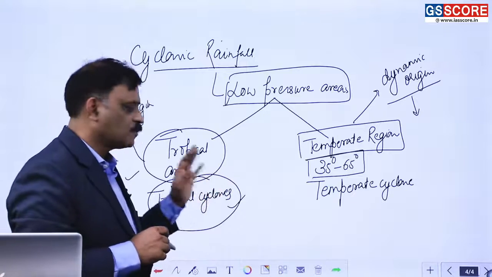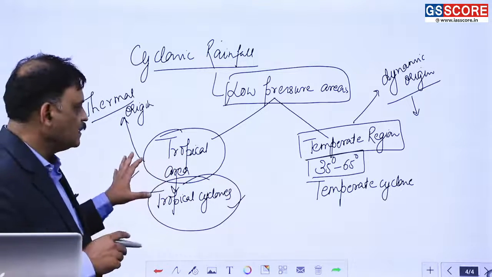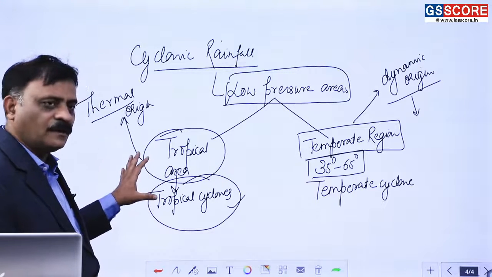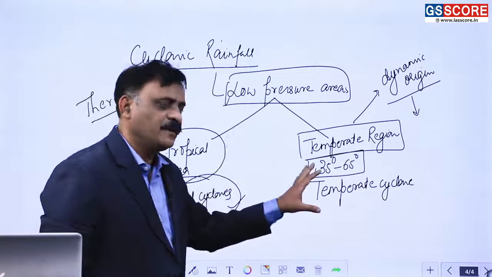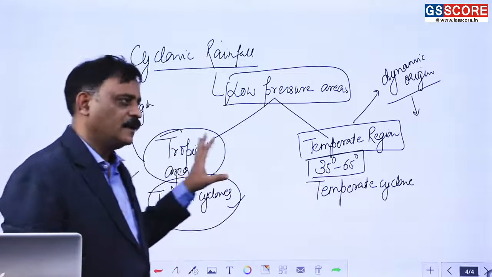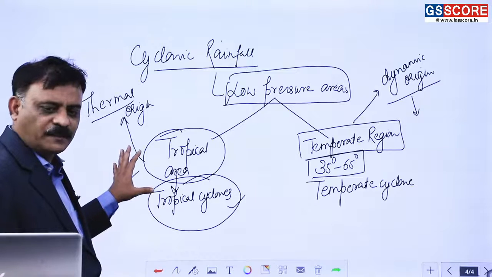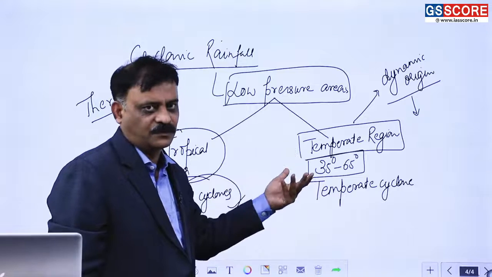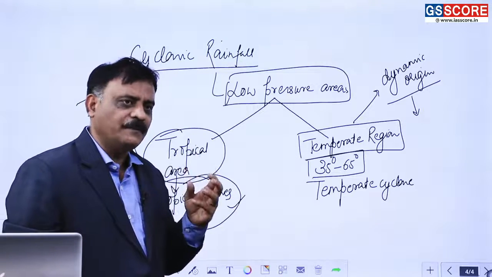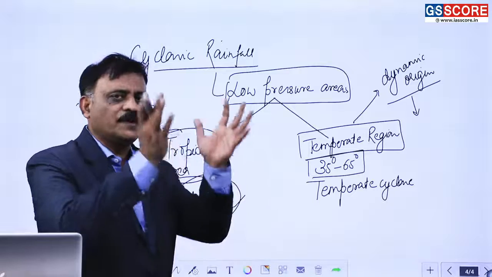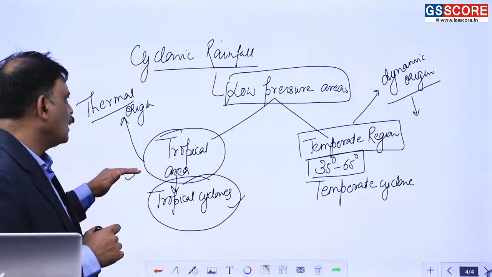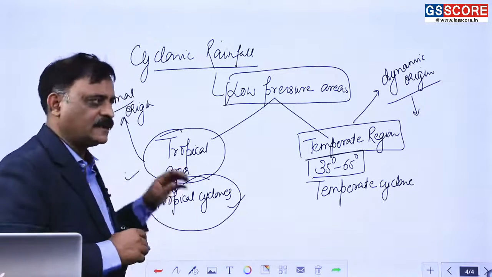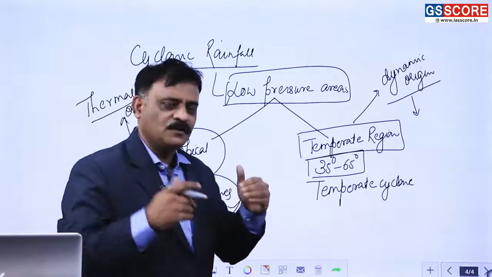पाते हैं तो मैं इस चीज को दोबारा से आप लोगों को क्लियर कर रहा हूं कि इसके अंदर में एक कॉन्सेप्ट को आप हमेशा ध्यान रखिएगा कि जो ट्रॉपिकल साइक्लोन्स होते हैं उनमें भी लो प्रेशर बन रहा है और इसके अंदर में भी एक लो प्रेशर क्रिएट होता है। लेकिन यहां का जो लो प्रेशर होता है वो थर्मल ओरिजिन पे बेस्ड होता है और यहां का जो लो प्रेशर होता है वो एक डायनेमिक ओरिजिन पे बेस्ड होता है। ओके, हमने इसको क्यों डायनेमिक कहा, क्योंकि यहां पे एयर को जबरदस्ती ऊपर की ओर उठाया जाता है और यहां पे इसको हमने थर्मल इसलिए कहा क्योंकि एयर गर्म होके खुद अपने आप ऊपर की ओर राइज कर रही होती है, इसलिए इसको थर्मल कहा जाता है।